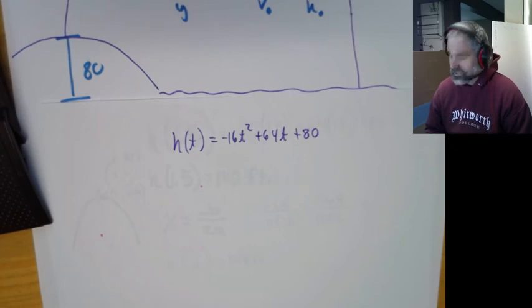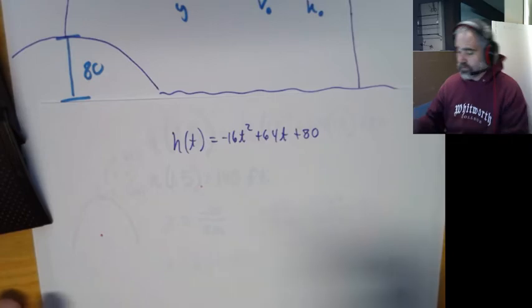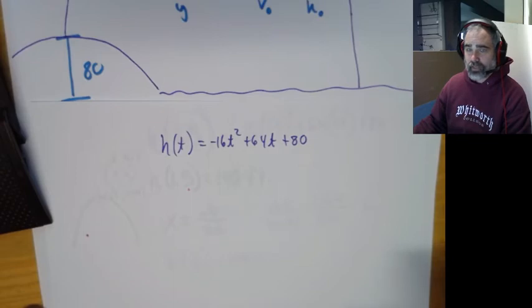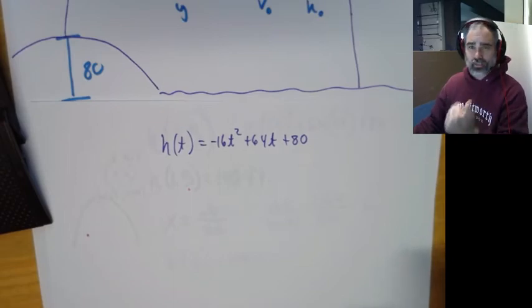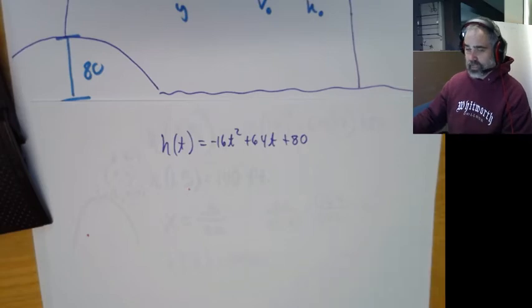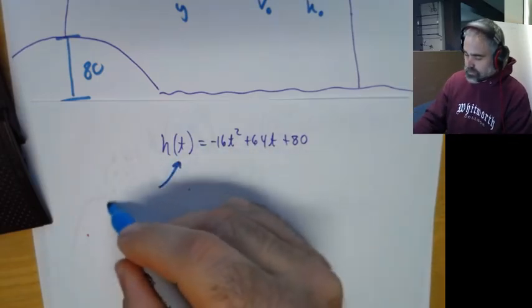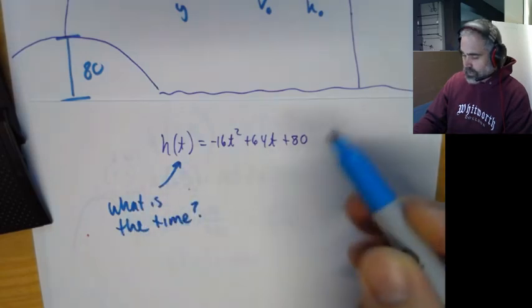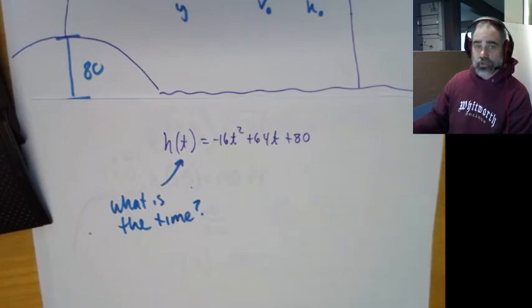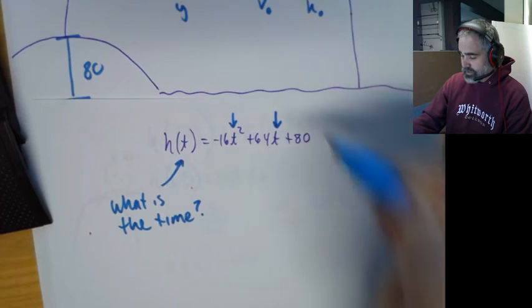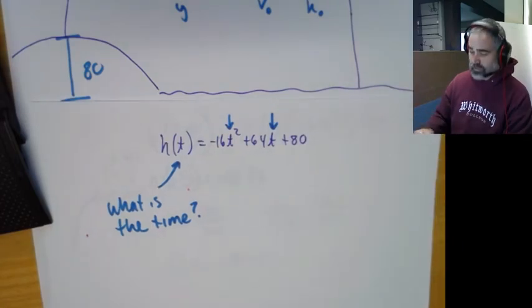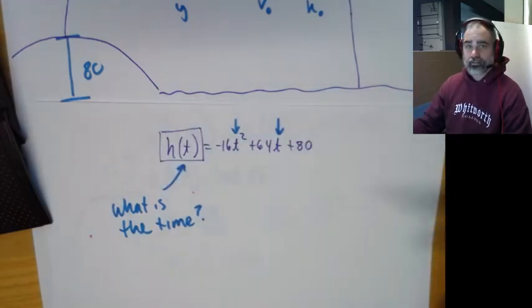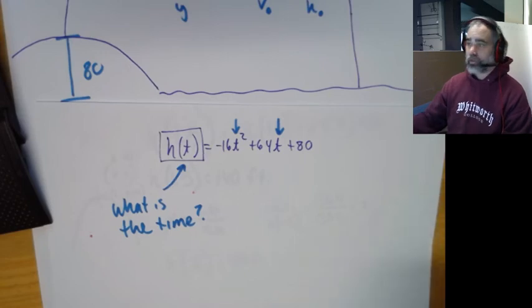So here it's asking, when or how long does it take for it to reach 128 feet in the air. If I were asking that question, I'd say, what does it mean when I say how long? What is that actually asking? That question is asking for t. It's asking what the t, or the time, is. I want to know what the t is. So what does it give you? It tells me the height, and the height is represented by h of t. So all I need to do is replace h of t with the height, and we've done this 100 times